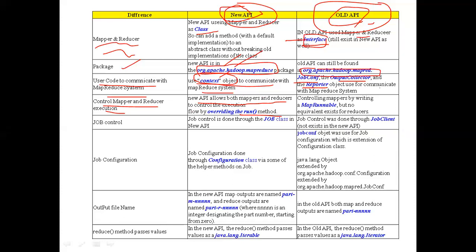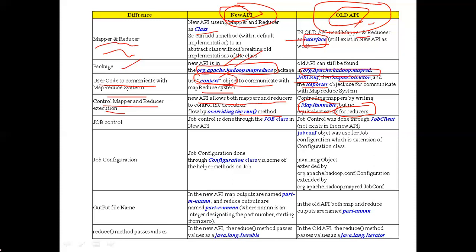When we come to the old API, we have to write MapRunnable for controlling the mappers, but no other class is available for controlling the execution of the reducer. In the case of the old API, there is no separate class available for controlling the execution flow of reducers.